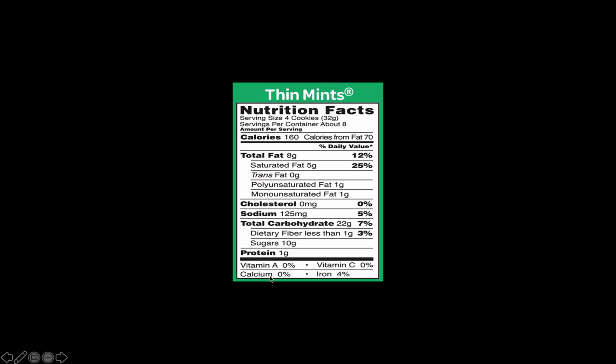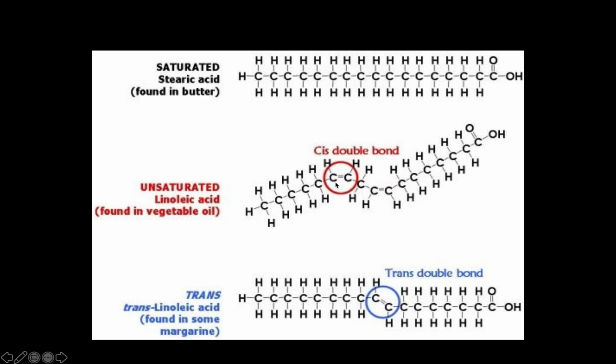Now lastly, there's that trans fat line on there. That's where they take saturated fats and make them unsaturated. So they put hydrogen in there and attach, they take out the hydrogen and they make it trans fat, but that's not a normal type of fat. So in nature, fats are cis instead of trans. If we take a look at this molecule in the middle here, you can see that the hydrogens are on the same side of this double bond, versus the trans fat where the hydrogens are on opposite sides of the double bond. So the trans fats are in things like margarine,